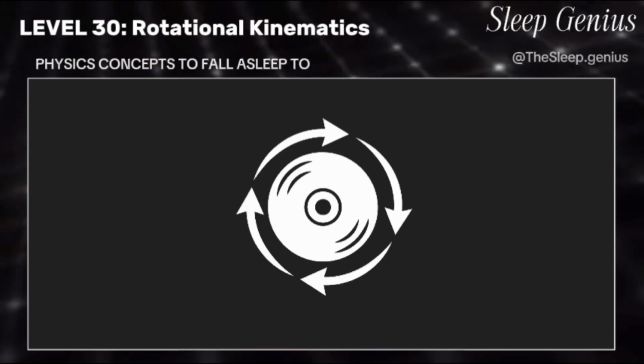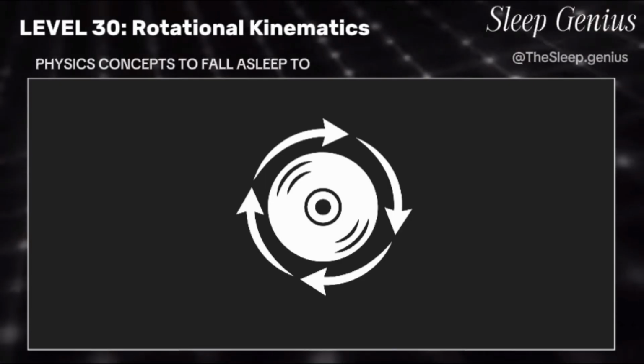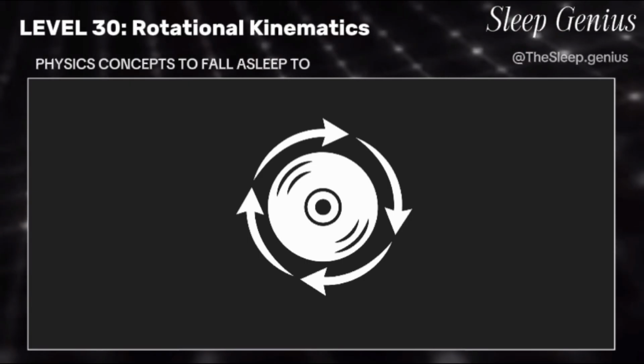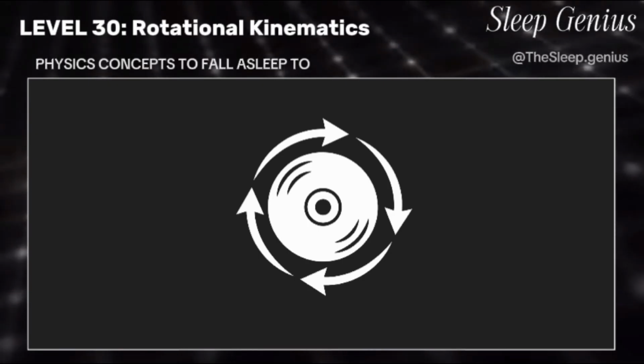Rotation involves angles, not distances. Angular velocity measures how fast something spins, while angular acceleration measures how that speed changes. The direction of rotation follows the right-hand rule. Every point on a rotating object moves along a circular path, but the speed depends on its distance from the